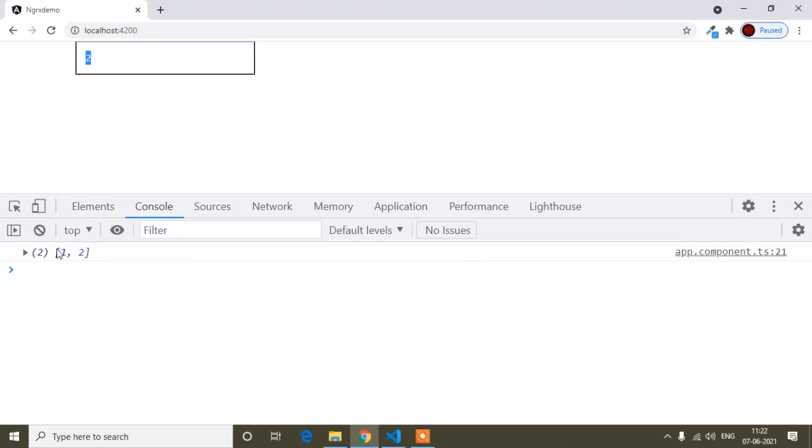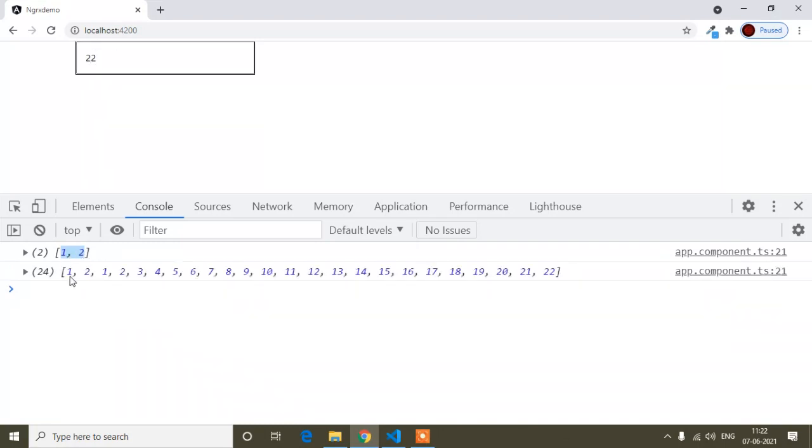So that time it will happen like the 1 and 2 will be stored already, so it will not remove this 1 and 2, and again it will start from 1 to 22, because here the actual value is 22. So this 1 and 2 is still here. After that it starts from 1 to 22, but I don't need the previous value, I need the actual, the last value is 22. So I need to start from 1 to 22.